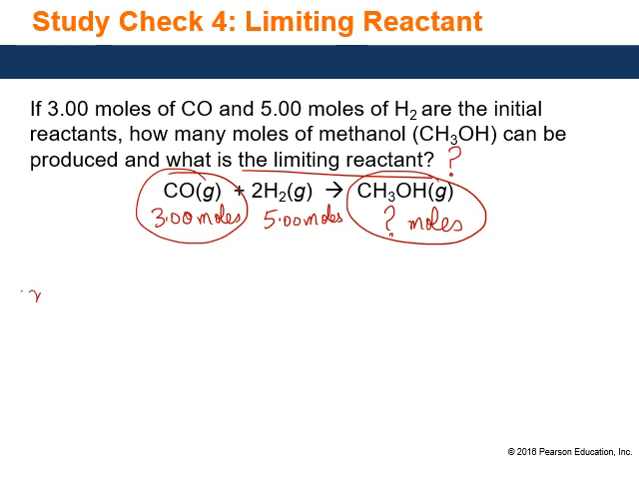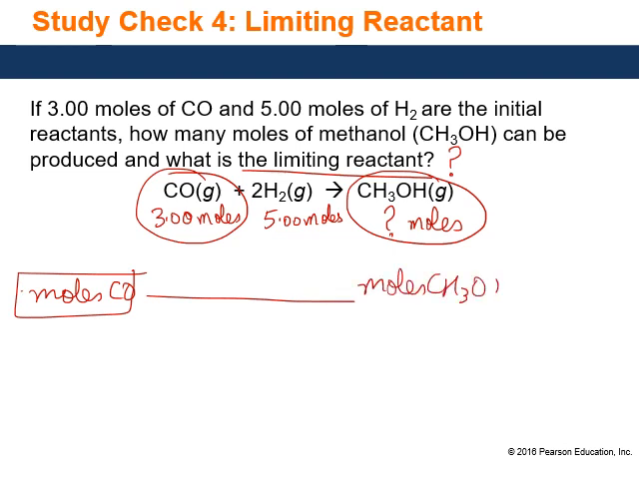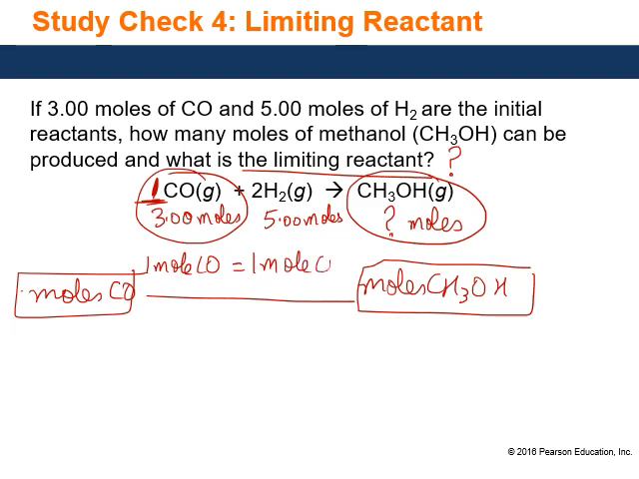What's given to me is moles of CO, and the question is asking how many moles of CH3OH. What is my relationship between these? Because these are both moles. No number is written here, which means this is 1. So for every 1 mole of CO, I make 1 mole of CH3OH. So for 1 mole of this, you make 1 mole of this, meaning I start with 3.00 moles of CO,